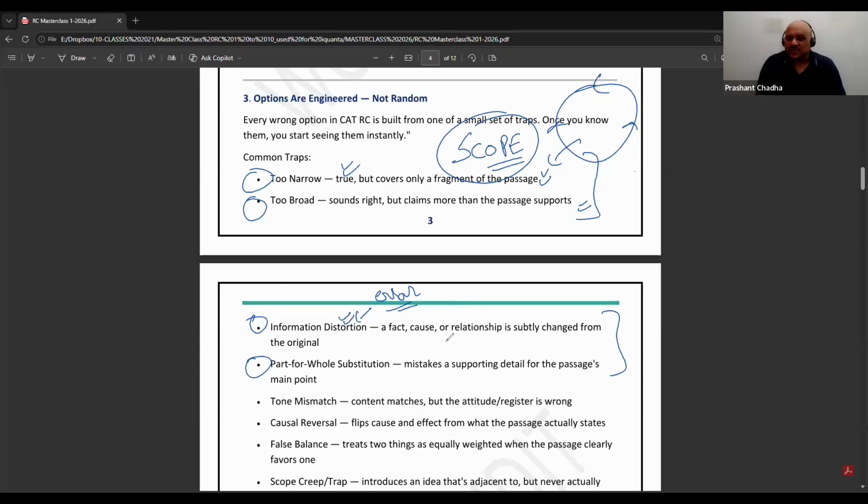When you read these two options, what does your mind say to you? When you read an answer choice which has just been distorted a little, right? The content is very similar to the passage, but it's been distorted. This distortion is introducing some kind of change in it, right? Or it is something which is there in the passage, but it is a supporting detail. It does not actually answer the given question. It might be correct information as per the passage, right? What does our human brain say? Anyone? When we discover such information in answer choices,